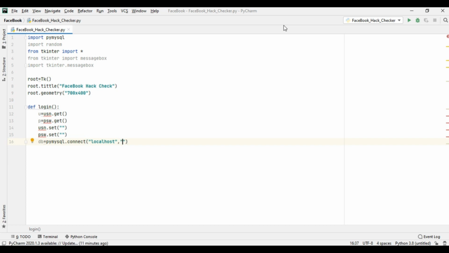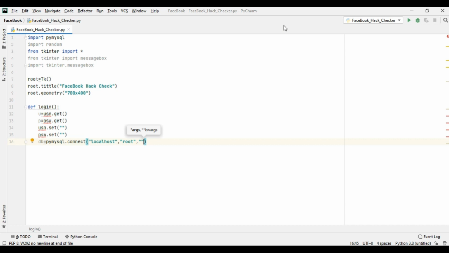now in this we will write root, the name of the MySQL server user. Root is the username, and here the password is blank in my case.